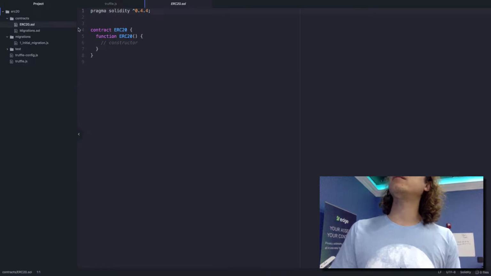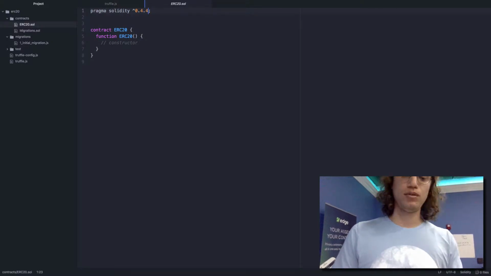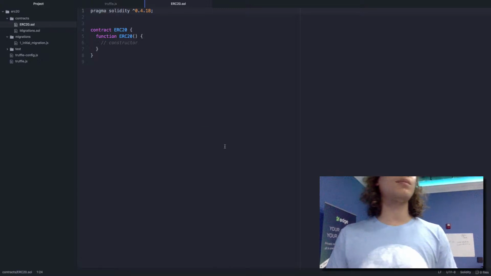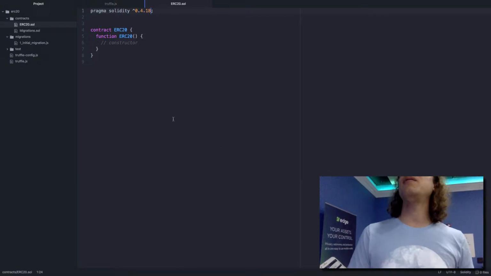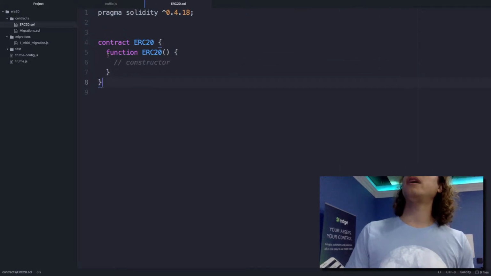And it goes and creates the ERC20 for you with the default stuff. This is a version of Solidity. I'm going to bring this up to 18. It's up to like 24 now, but I think my version is around there. I haven't updated it in a while. So just like any object-oriented language,